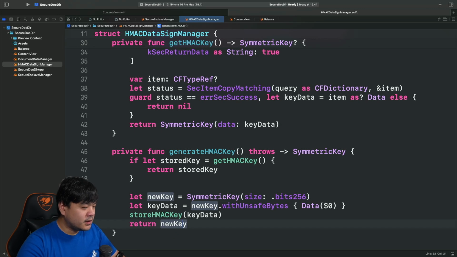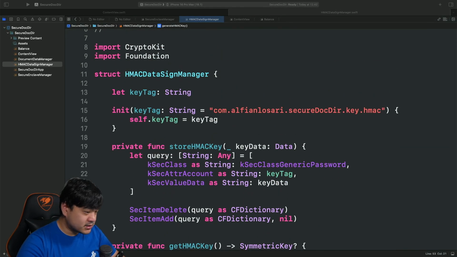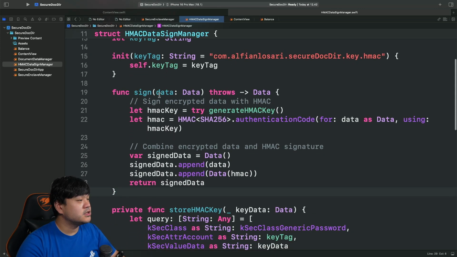Okay, and now let's create a method to basically sign the data. So here's the method. So this is the encrypted data that we want to sign.